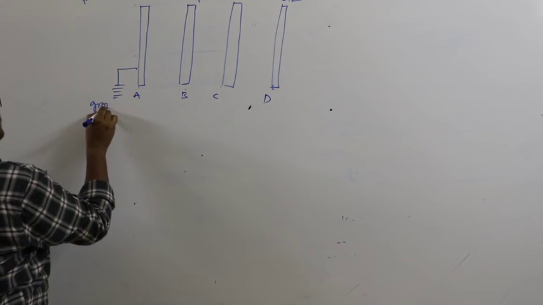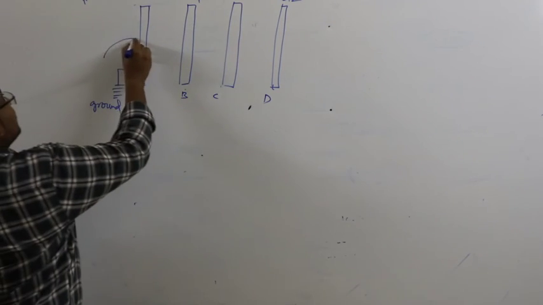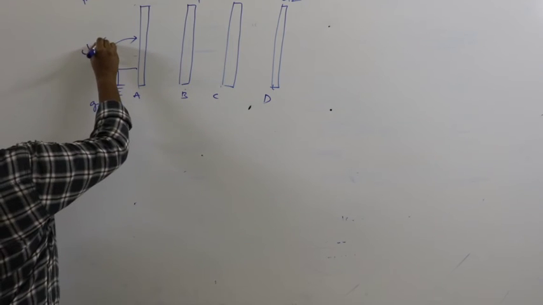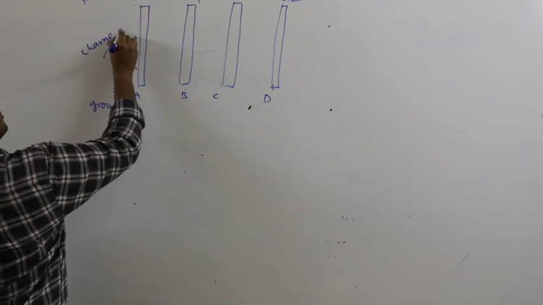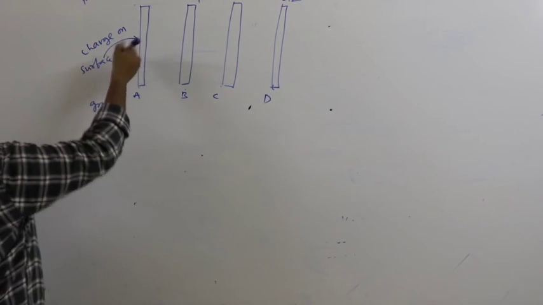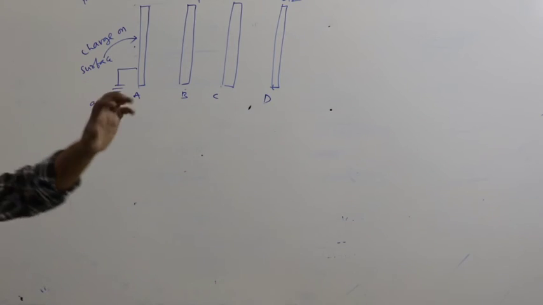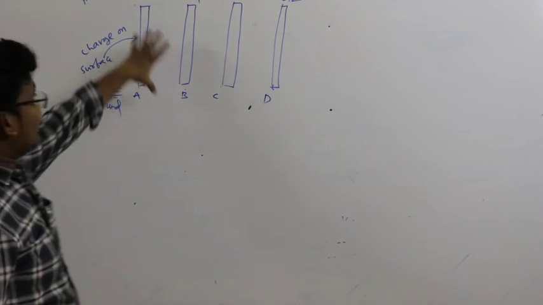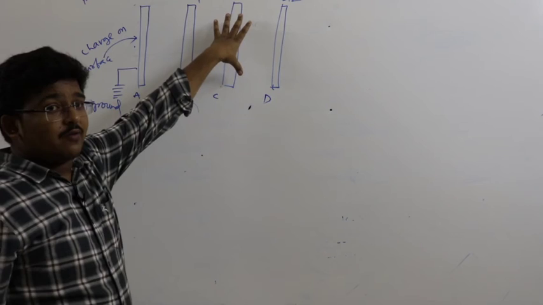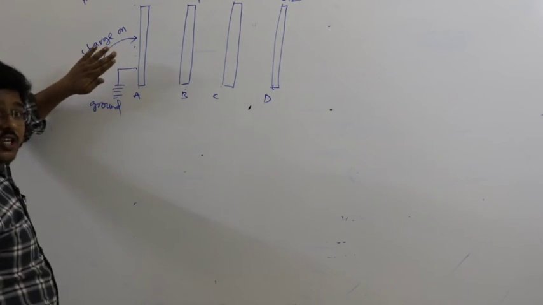This is grounded. Now the question is, what will be the charge on this surface? Charge on this surface. The surface where we are earthed, grounded. So they are asking that. Simple thing. Here they have not given any charge. Here they have not given any charge. Only Q1 and Q2 given. And if it is not earthed,